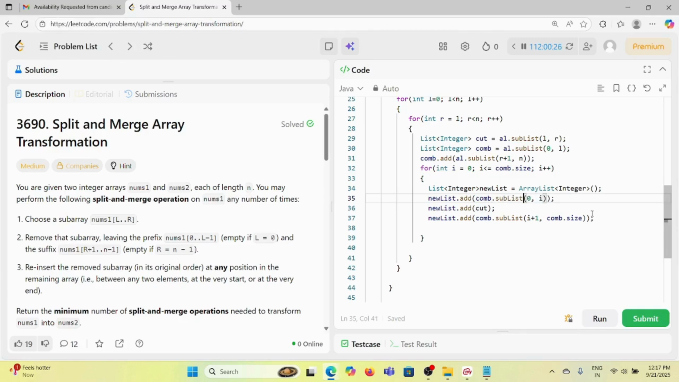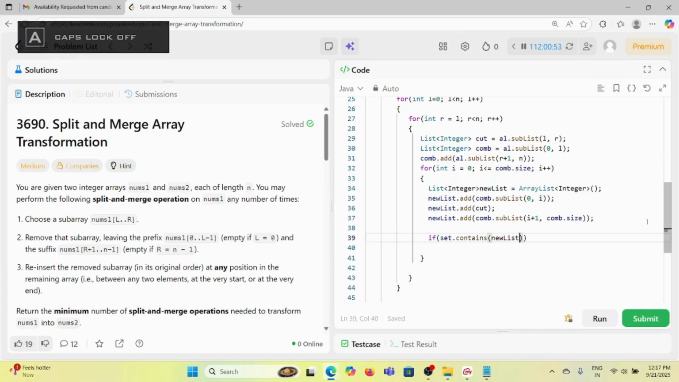Okay, so now we have inserted the cut at the ith location, right? So this is the first part, and this is the cut which we have added, and this is the remaining part of this comb. Now we have to check whether we have already checked it. So we will check if set.contains this new list, if it already contains it, then there is no point, we have to continue,